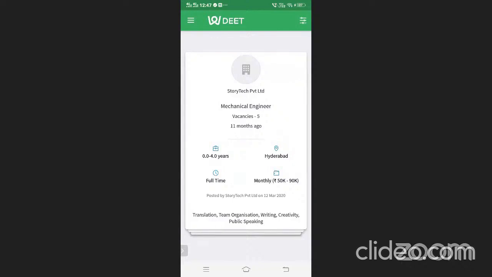What is the validity time for students from DEET? Sir, there's no particular validity as such. But if your student is looking for a job, let's say in the month of April, you can tell your students to register right now. They'll see all the jobs on the portal, and when they are ready to apply for a job, they can apply. Then they can get in touch with recruiters from the application. But for now, you can ask all your students to register on the portal.